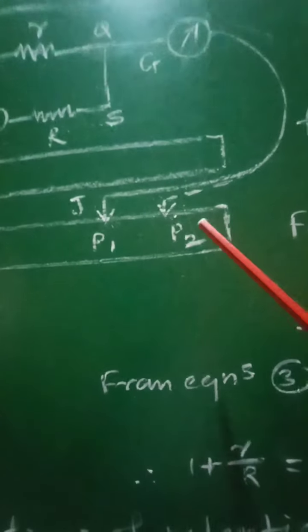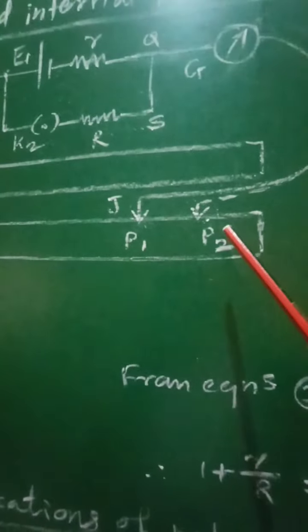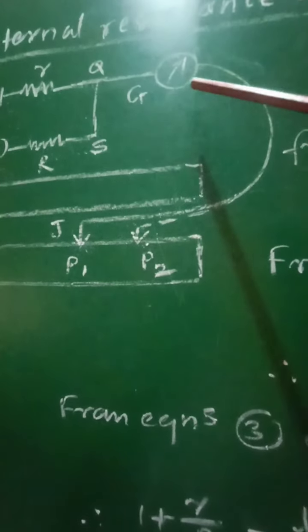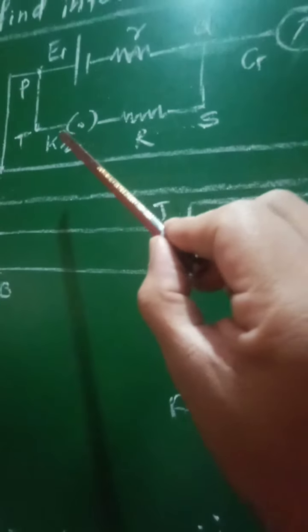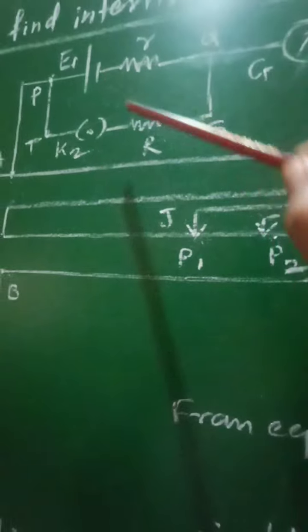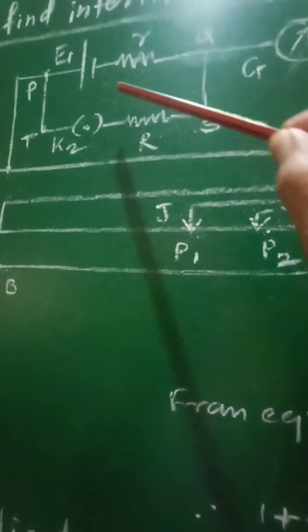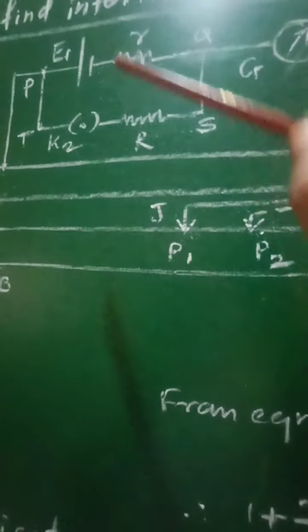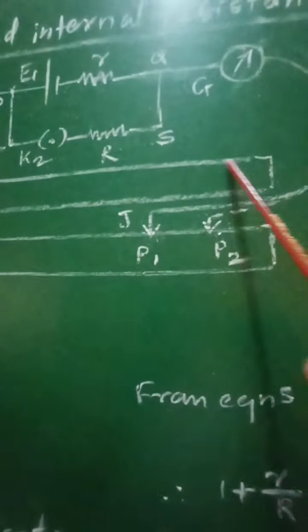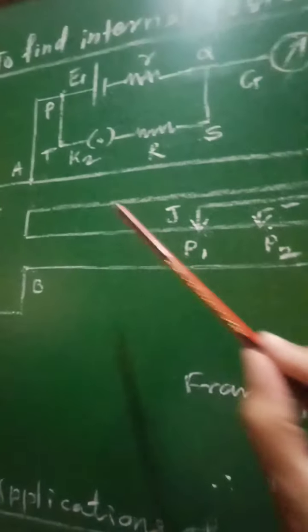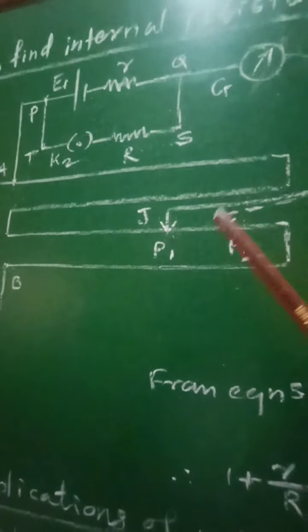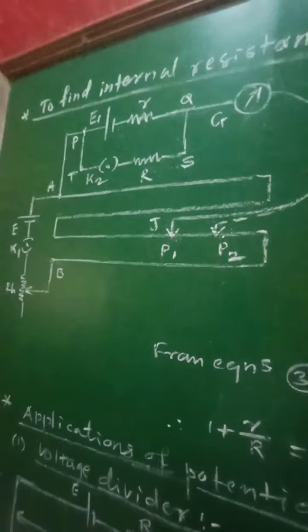At that time, when the jockey is slided along the length of the wire, or when it is touched along the length of the wire, at a particular point P2, the galvanometer will show null deflection or zero deflection. Now in this case we can say that as current is flowing through both cell as well as resistance R, therefore the potential difference V of this cell will now balance the potential difference across the length of the wire AP2, and therefore let that length AP2 be equal to L2,